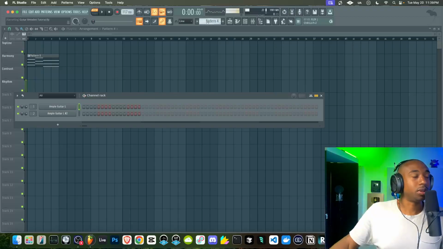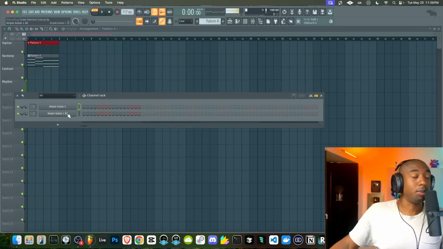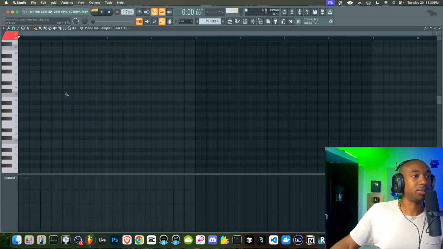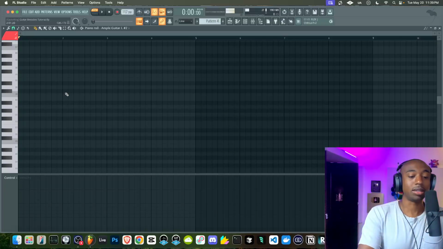And now let's go to a different plugin here where we can play different notes. So let's go to the top line. And now I'm going to show you guys even more melodic stuff here. So now that you understand the basics of just raising the third of a triad or a 3-note chord, it gets even more complex than that.